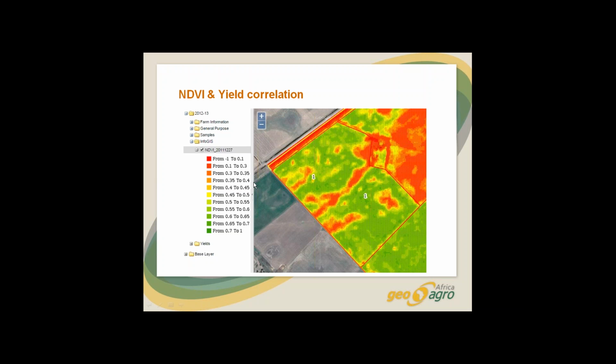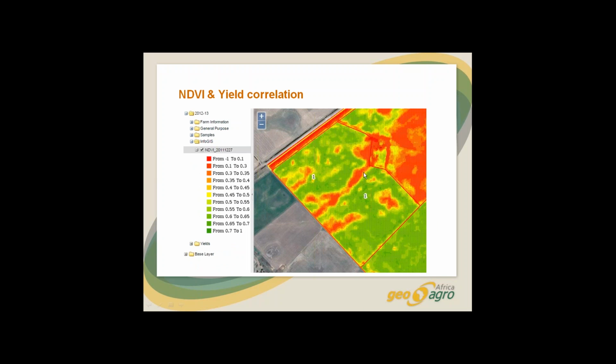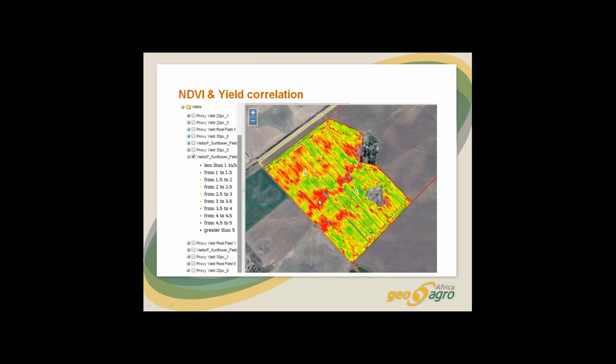So we have in this map the NDVI, this is in Argentina, December 27th in sunflower. So we have here the values of NDVI. And then we have that same field that was harvested with a yield monitor with values ranging from 1 to 5 tons per hectare. We see that the NDVI pattern that we're seeing now, it's very similar to the yield pattern. So it's a very good indicator of 45 to 60 days before harvest of how yields are going to perform. And we'll see an example